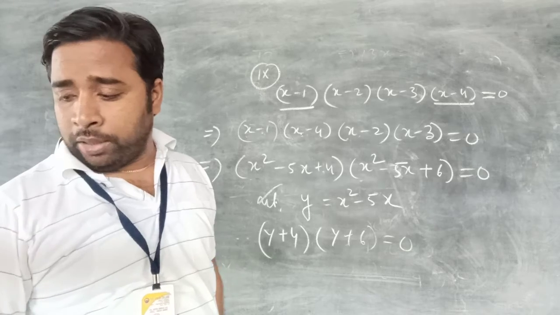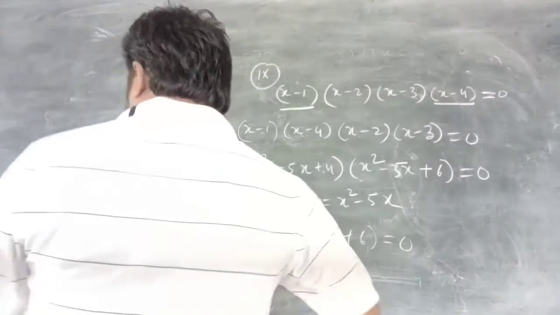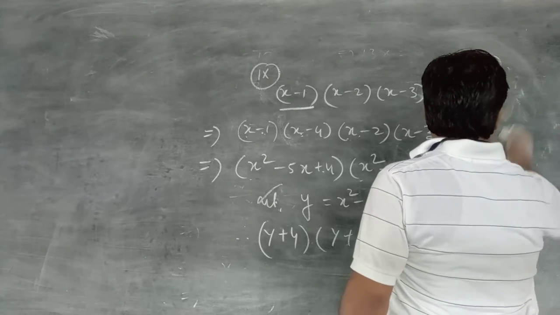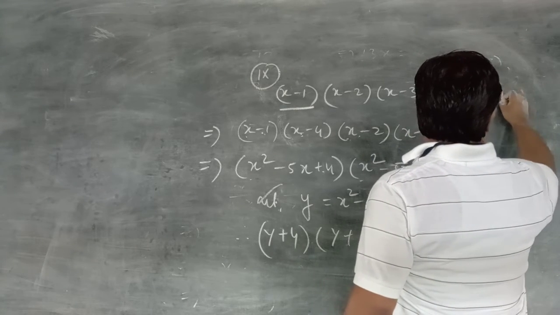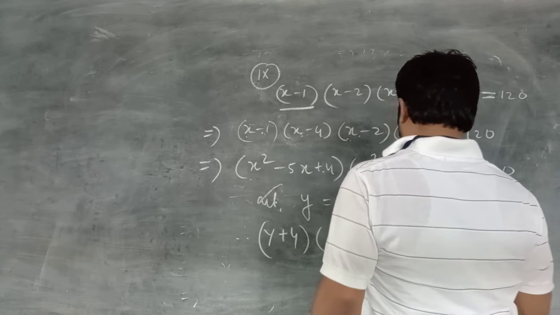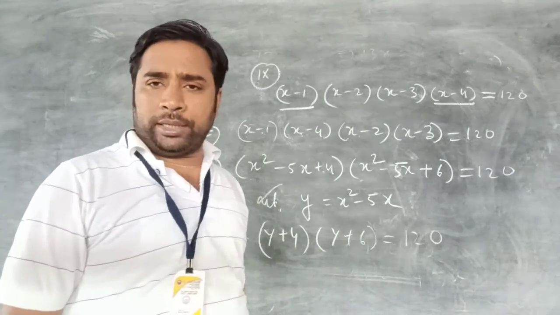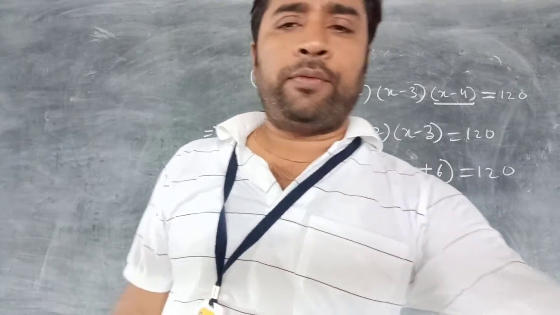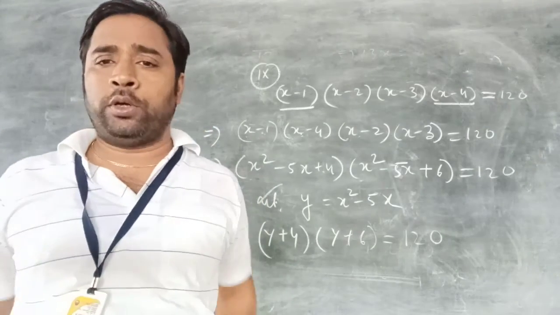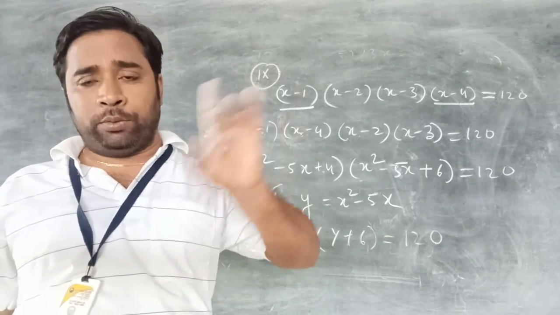Now we shall calculate the value of y from here. How can we calculate the value of y? You see, on the right hand side it is not 0, it is 120. The question on the right hand side is 120. Now you multiply these two terms and apply middle term factorization. After that, you can find the value of y very easily. After getting the value of y, you put the value of y and you will get the value of x also. So question number 9 and 10, this is the technique. You apply the technique and do both the sums.